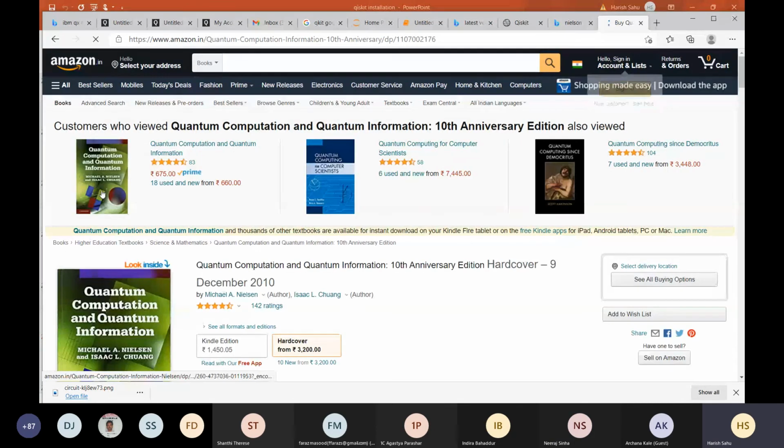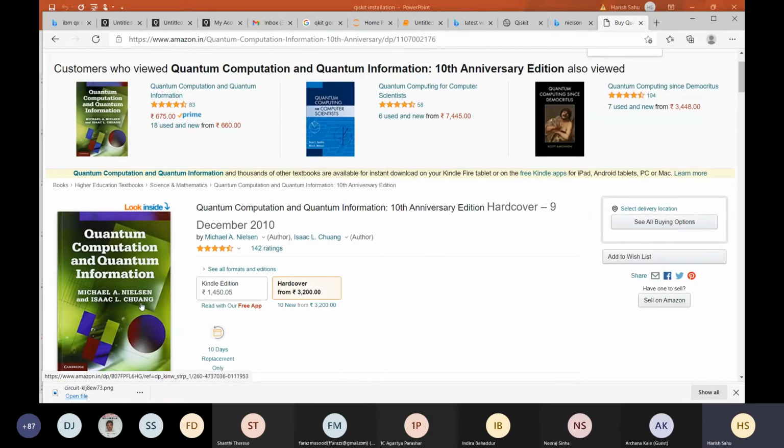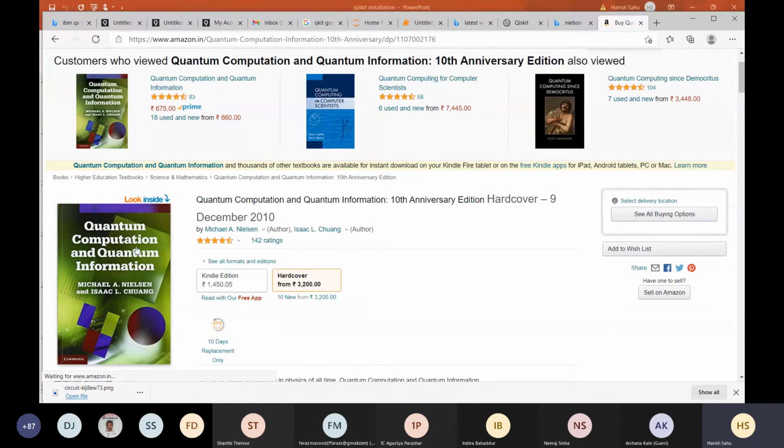If you want to start, you can have this book. I think it's kind of the Bible for the quantum information subject. This book is very good.